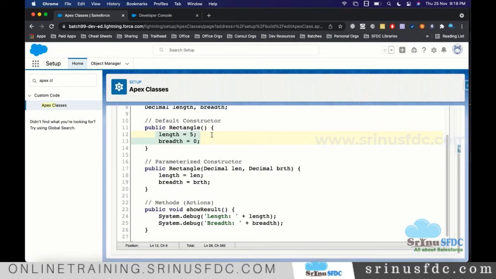Shrinu, I have one question here, related to this instantiation. For example, if we want to call two constructors, can't we create like this: class name Rectangle with a different name? Previously I mentioned RECT, I can specify RECT1 is equal to new Rectangle and I don't pass any parameters. That means you are creating two objects, right? I am saying when you create one object, you can call only one constructor.